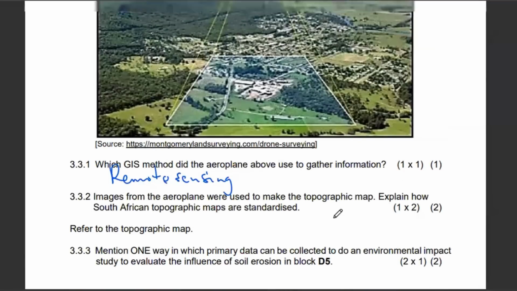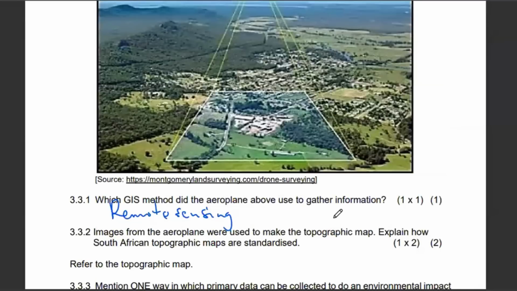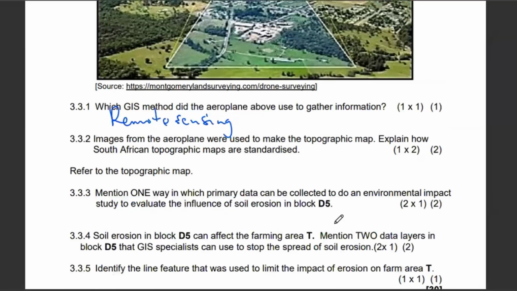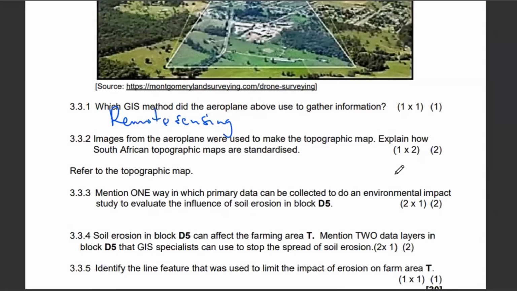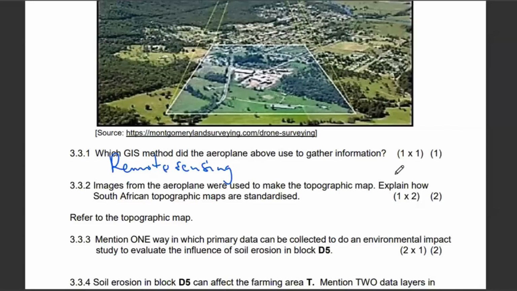The aeroplane is using remote sensing to capture information on that particular area. Images from the aeroplane were used to make topographic maps. Explain how South African topographic maps are standardized. How are they standardized? Right, the standardization of our maps happens in a way that